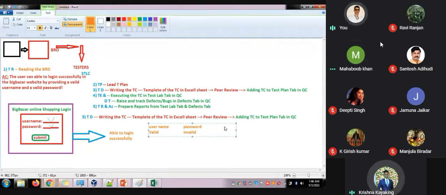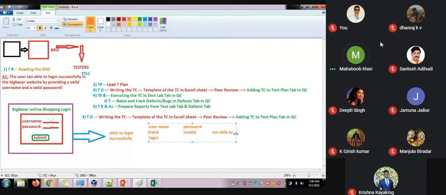Unable to log in. Login failed, credentials not matched. Not able to log in successfully, that is invalid. The password is incorrect. Not able to log in. It will show, please correct your password.